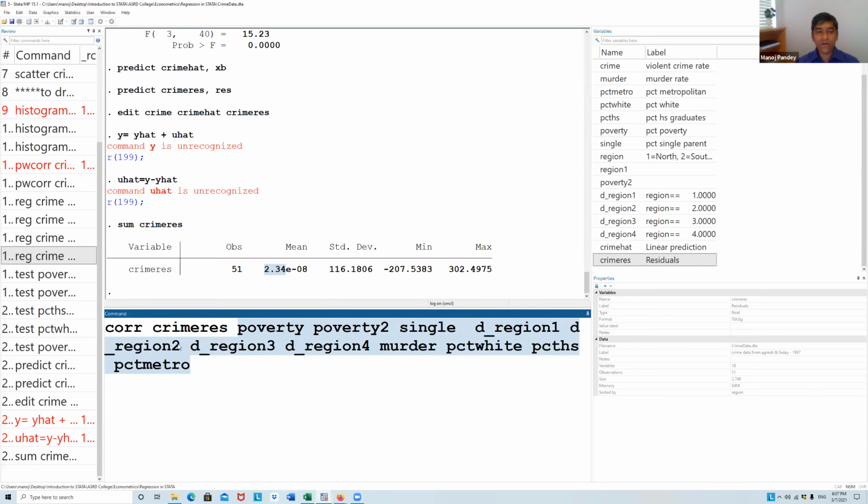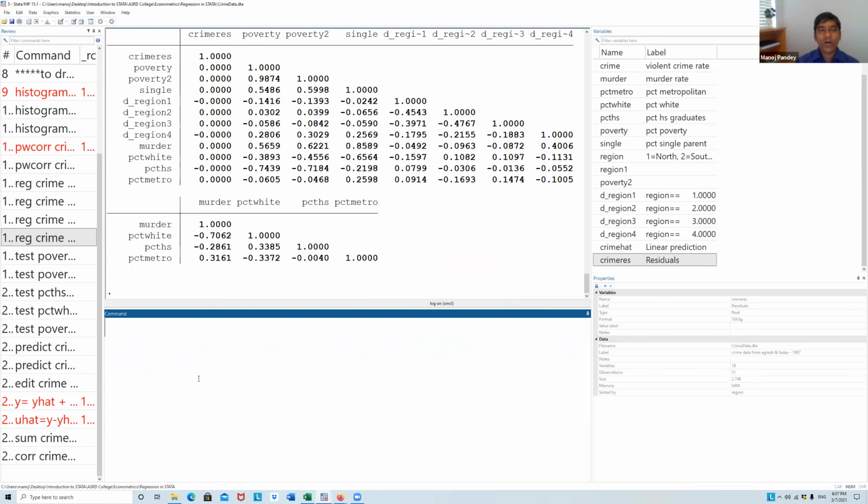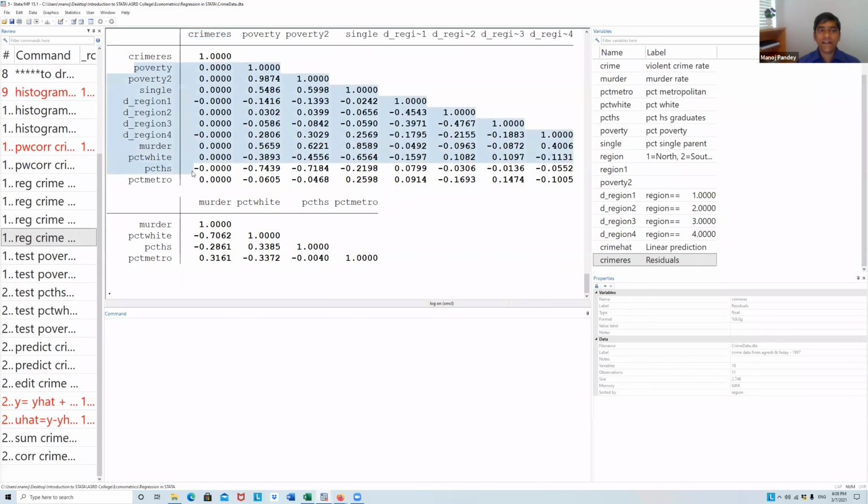So the correlation between them, because the correlation command gives you covariance, should be 0. You can see, it's quite 0, isn't it? It means that assumption is valid, where the residual has zero correlation, or is very close to 0, with all the explanatory variables. So that assumption is also valid.